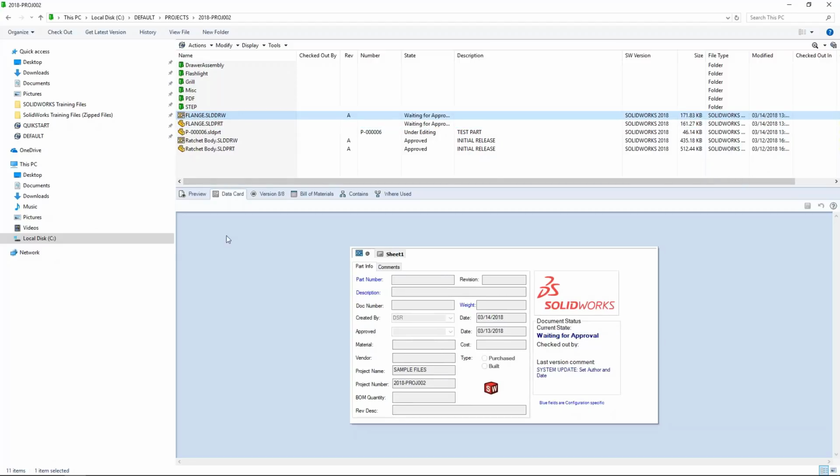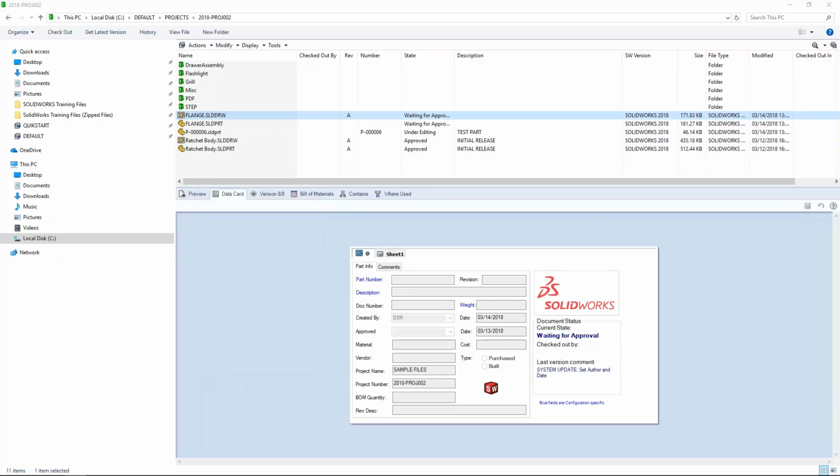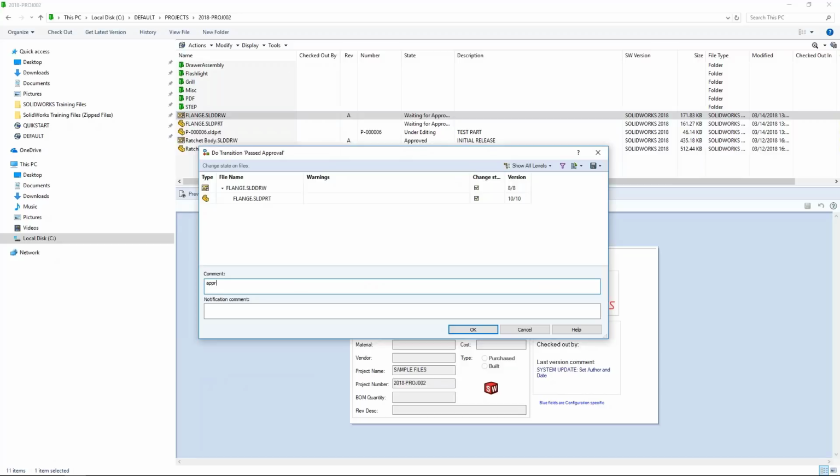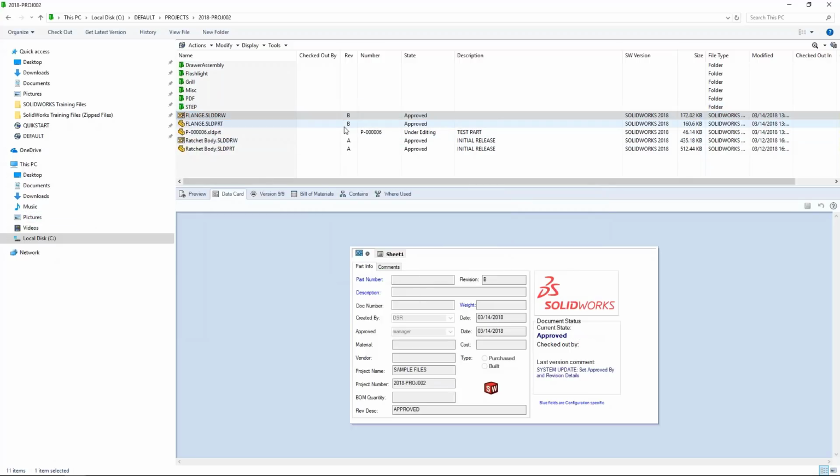All right, so Mr. Manager, he then looks at this file and makes the decision. Okay, yep, either I like it, or no, it requires more editing. Again, maybe he forgot the description or something like that. For the sake of keeping things quick, I'm going to say everything looks good, and very simple, approved. All right. And once that's done, and once the state's going through, you will notice that the revision on the file changed